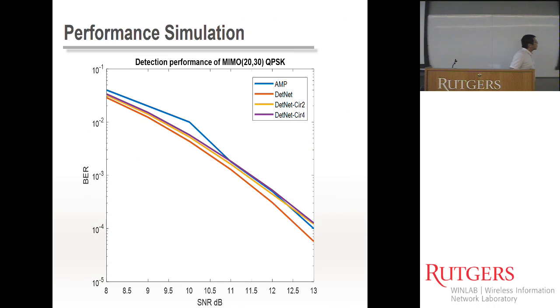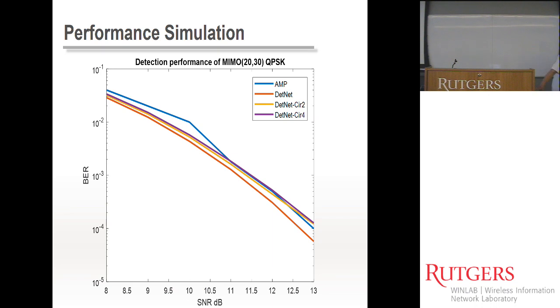And applying this method to the DetNet compression, we also did some very early explorations. You can see this is for 20 by 30 MIMO detection over QPSK modulation channels, and as compared to the original non-compressed DetNet, it has some performance degradation. But when we compress it by 2 or 4 using our method, as compared to the original